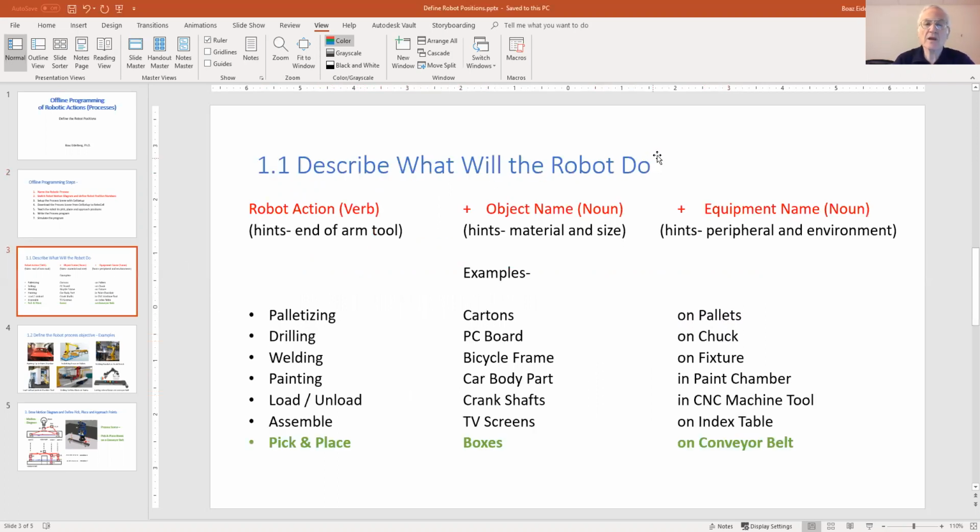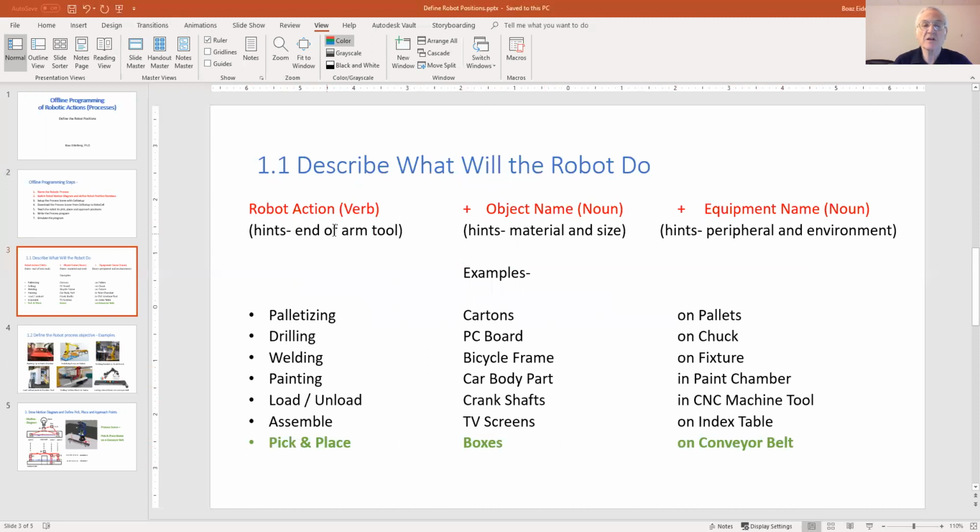The way we describe what the robot does is using a few words, such as palletizing cartons on pallets, or welding bicycle frames on fixtures, or load-unload crankshafts to a CNC machine tool. But what we're doing here is pick and place of boxes on a conveyor belt. The first word is a verb, which describes the robot action.